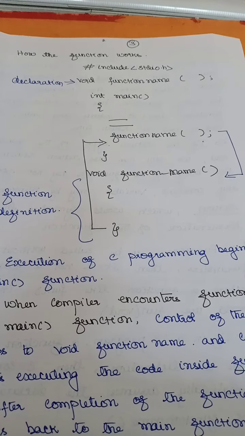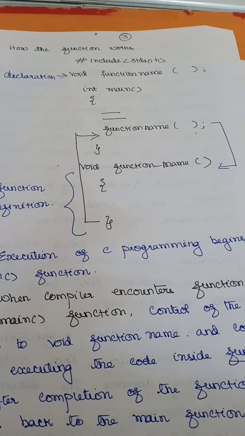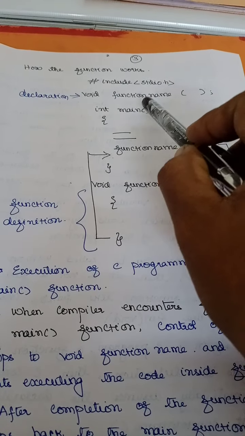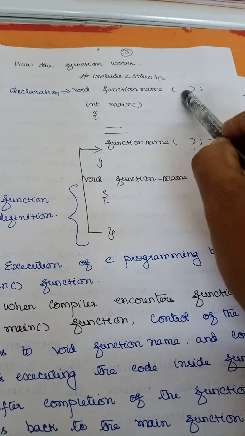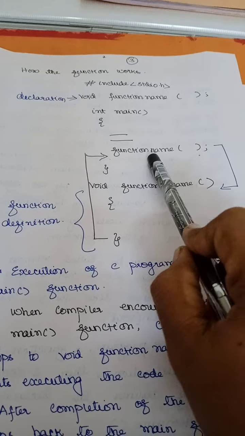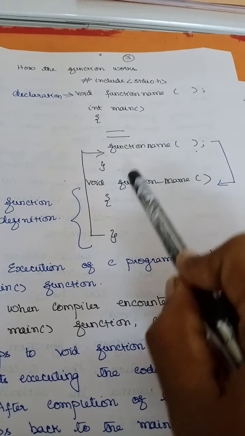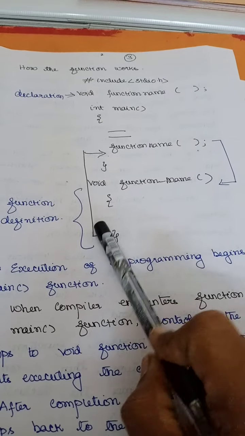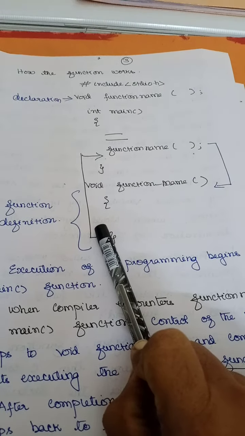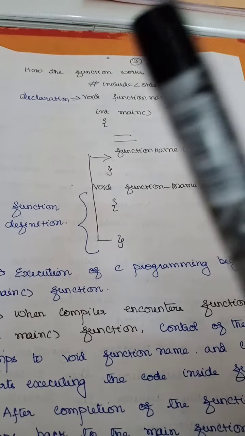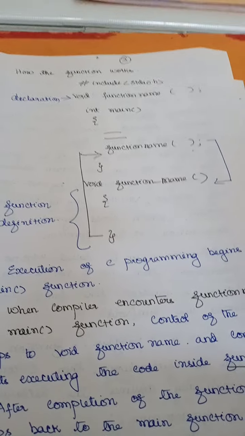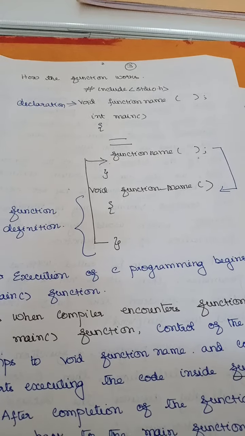Why? Because the compiler doesn't know where the function is. So if I declare the function name here in the beginning, then I can use the function name here. Then later on I can define the function outside after your main, no problem, right? If you don't want the function declaration, but it is always better to have the function declaration, but if you